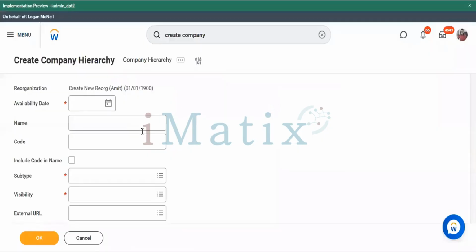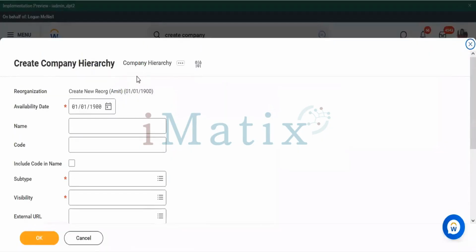Create company hierarchy is a simple task. I went through create company hierarchy, giving the company hierarchy name. The subtype is always